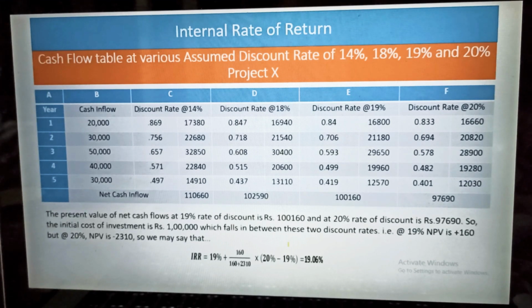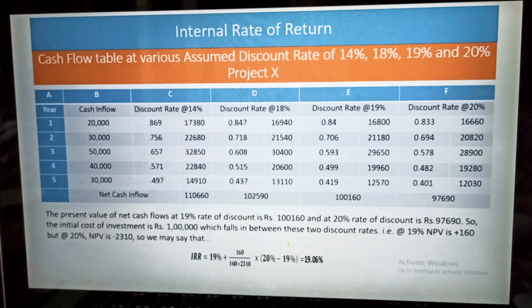Before that, you have to determine the future net cash flow during the entire economic life of the project, and the cash inflows are estimated from future profit before depreciation but after tax. Second, you have to determine the rate of discount at which the present value of cash inflows is equal to the present value of cash outflows. Then you accept the proposal if the internal rate of return is higher than or equal to the minimum required rate of return, that is the cost of capital or cut-off rate.